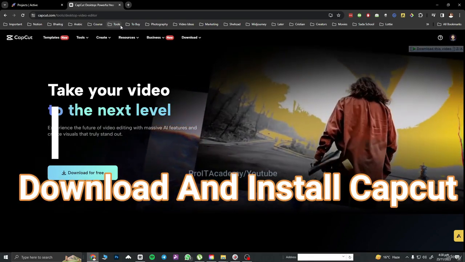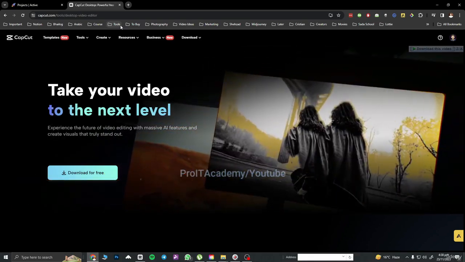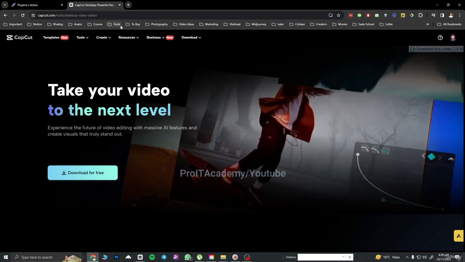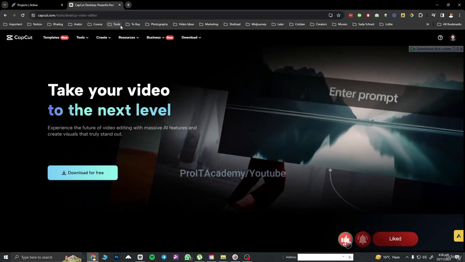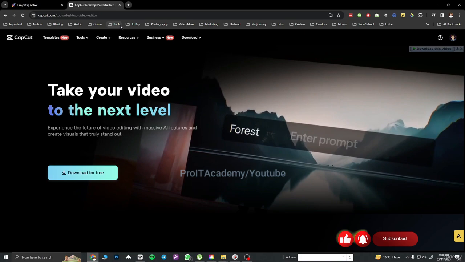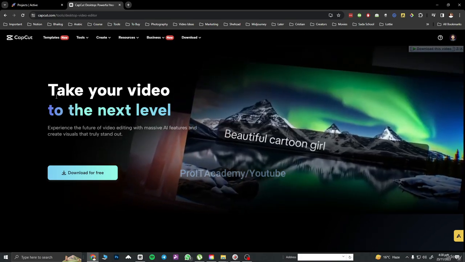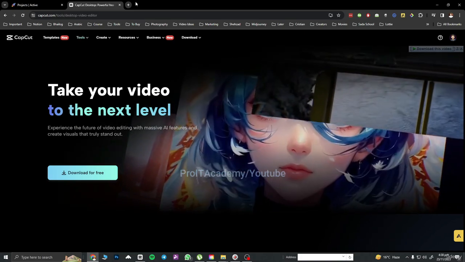So basically in this class we are going to learn how to download and install CapCut. It is very simple and it doesn't matter if you have a Windows device or a Mac one, you can download it on both of them. So I have CapCut opened over here as you can see,